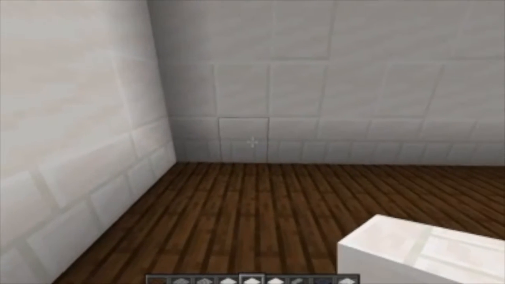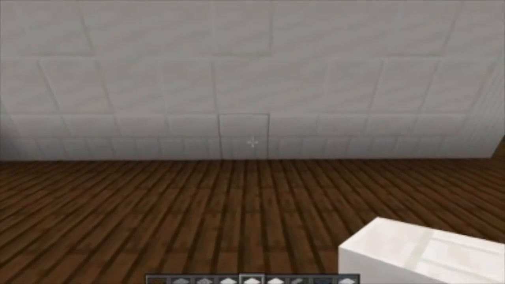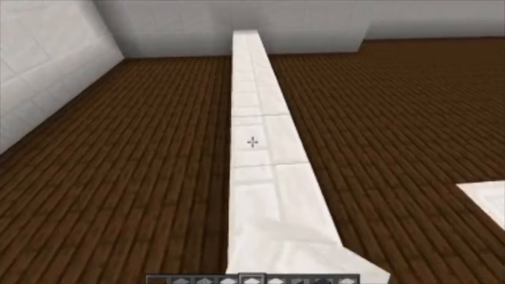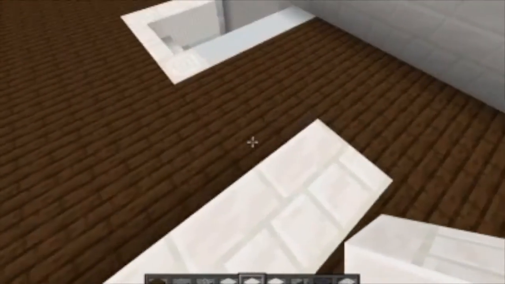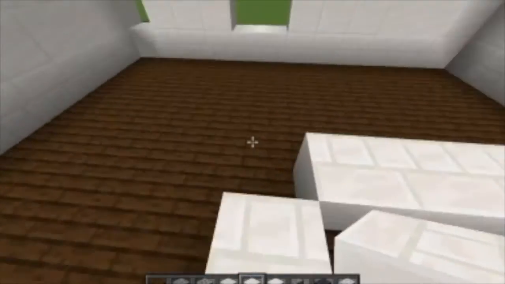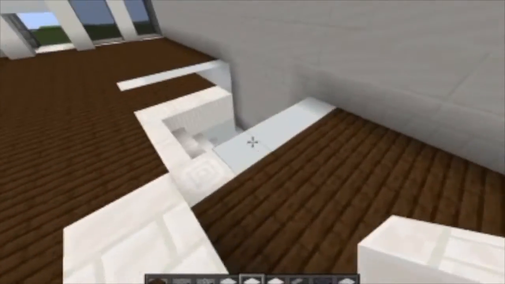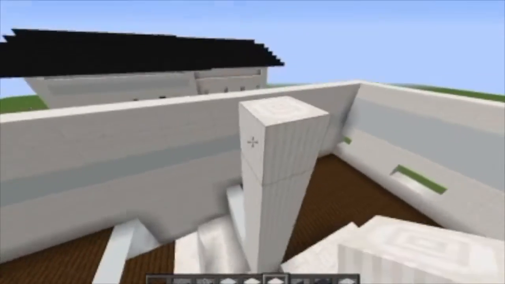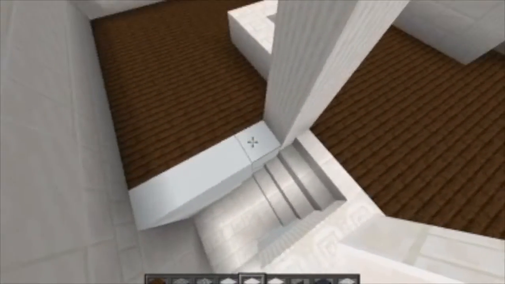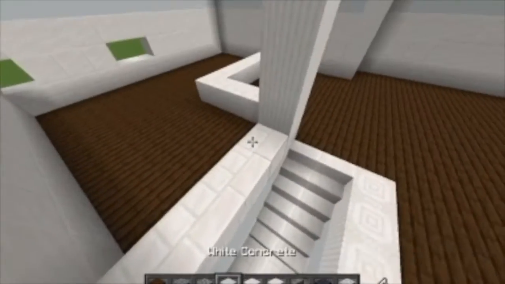So 1, 2, 3, 4, 5, 6, 7, and then just go out the entire time right here, up until you reach here, in which you just dig out like that. And this entire spot right here, this entire area is for part of the master bedroom. So we're going to do this pillar up to build height, the height of the building, and then you know the deal, mix